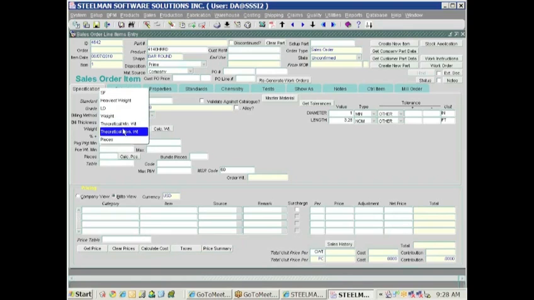So let's start with a piece. Let's say I put 1 piece here. Let's say calculate the weight. It calculates the weight of 1 piece based on these dimensions and the steel density. And the steel density in STEELMAN is linked to the grade. If you go look at the grade,